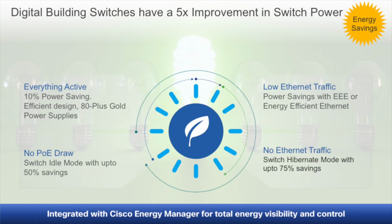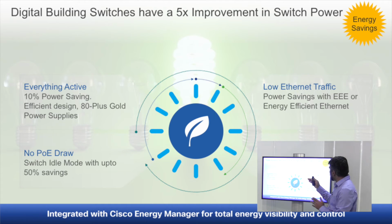Getting into the cost parts, I'll first talk about the energy savings aspect. When everything is active, even in that mode, the switch has 10% power savings. It meets all the requirements for 80+ gold power certification. It's not certified yet, but we are working on that. When there is low Ethernet traffic, because of the energy efficient Ethernet, there are power savings in that. But the two aspects up here which really set it apart are the no PoE draw. So when the switch goes into idle mode, it saves almost 50% of the energy. And when there is no Ethernet traffic at all, it goes into hibernate mode where it is saving almost 75%